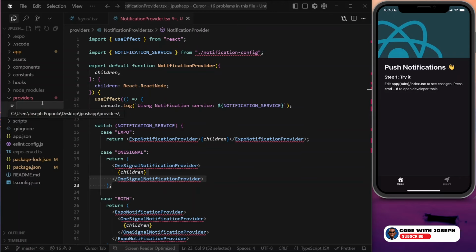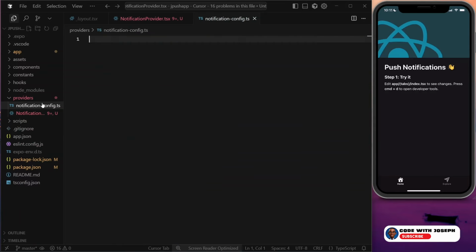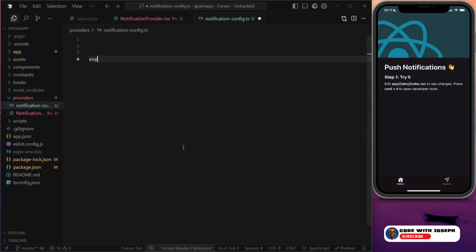Create a new file. Paste this exact same thing here, and just add .typescript right there. What this file is going to help us do is easily switch between Expo and OneSignal. So what we're going to do is just create the type. We're just going to say export type